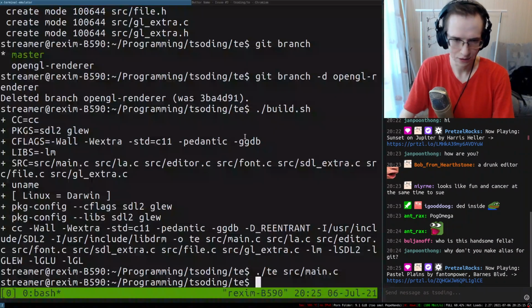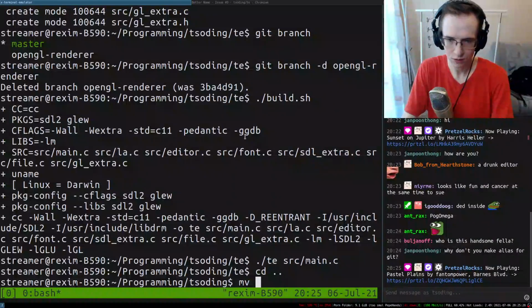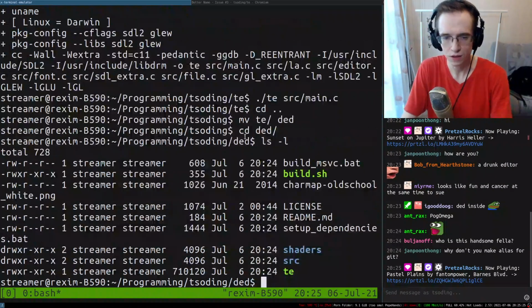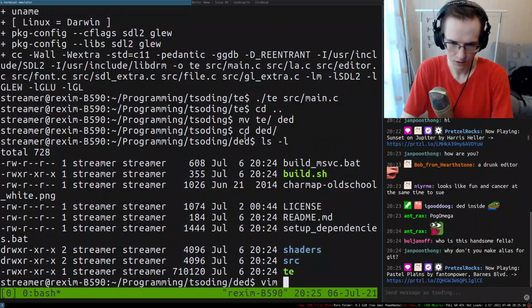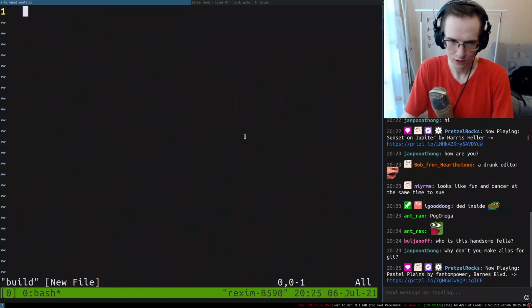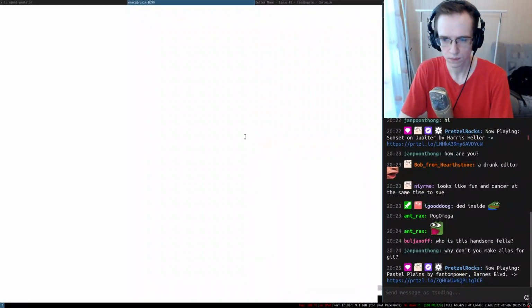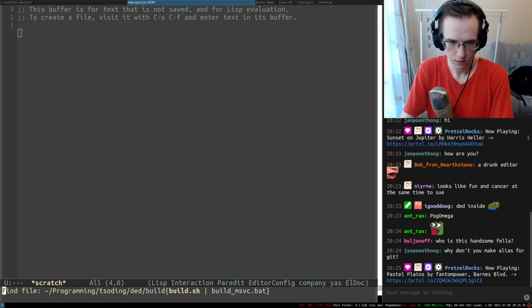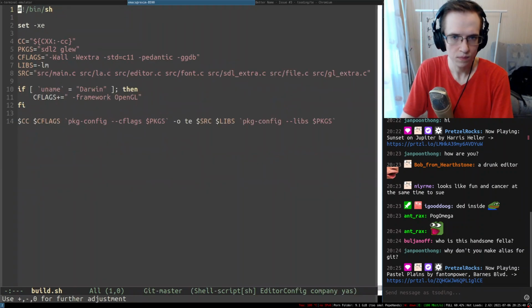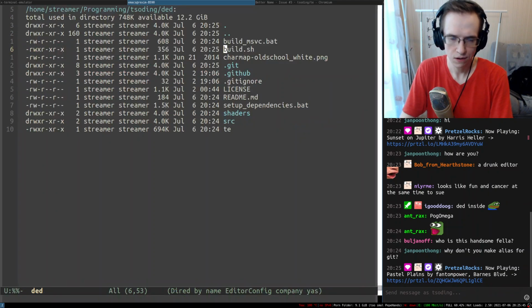All right, let's go ahead and rename everything. The first thing I'm going to rename is the entire repo itself. Within the repo, we first need to find, let's do that in the build. This one is going to be build.sh, and this is going to be dead.